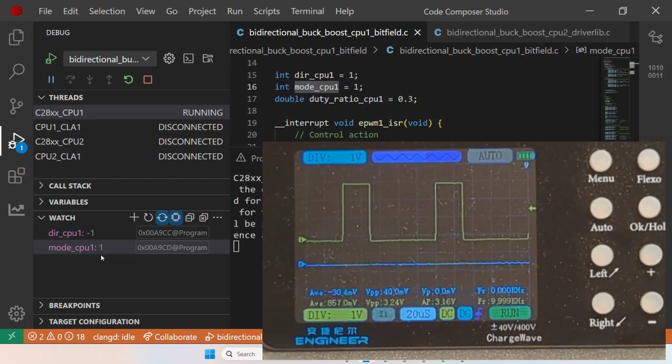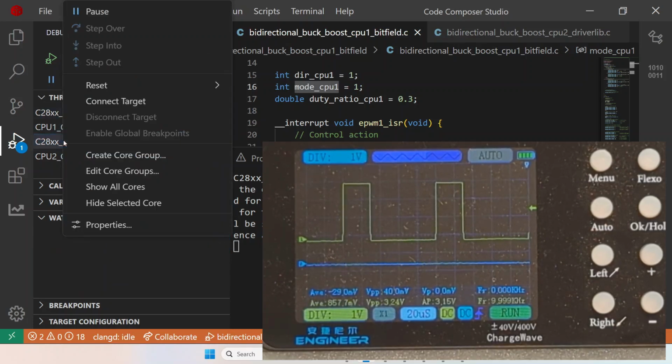So now you will see the yellow waveform is connected to S3, which is the A output of EPWM2, and the blue waveform is S4, which is the B output of EPWM2. And now you will see that the yellow waveform is high, which means S3 is operating and all others are turned off. So this is the reverse boost mode of operation. This is something that I would ask you to run on your own and verify all these switchings yourself. So now that this is done, let me remove these variables and let's now go and execute the